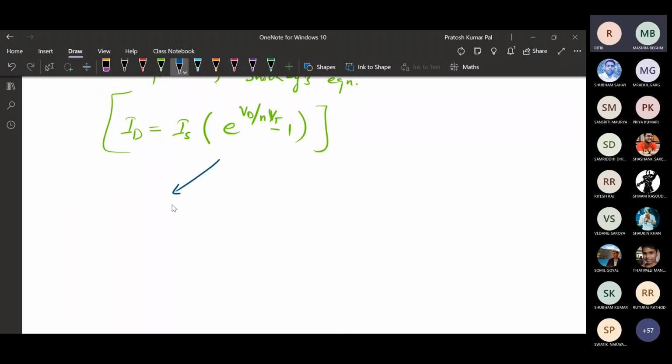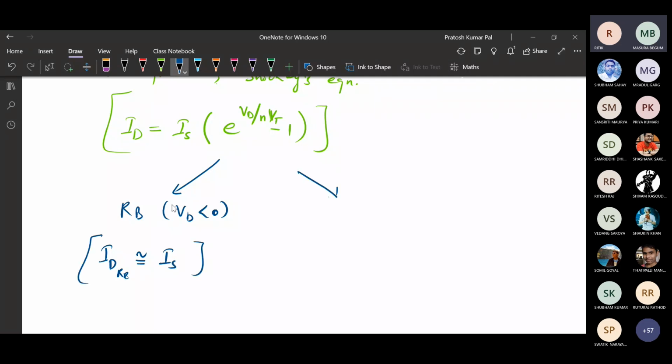Okay, if it is the reverse bias case, we are applying a Vd that is negative. If Vd is negative, the exponential term becomes very small, so we can just neglect it in case of reverse bias. As Vd is less than 0, this term will be almost 0, so we can neglect it. In that case, Id in the reverse bias case will be nothing but the minority carrier current, Is.